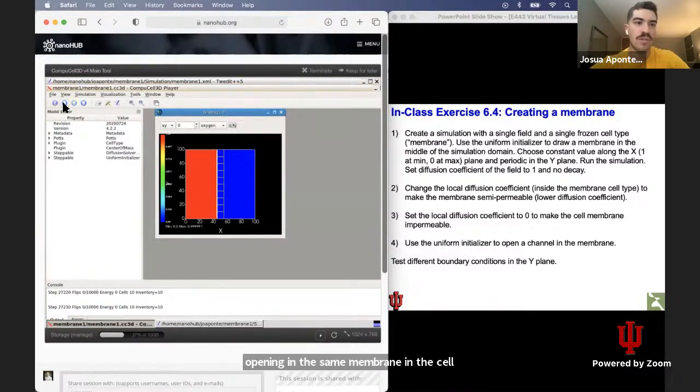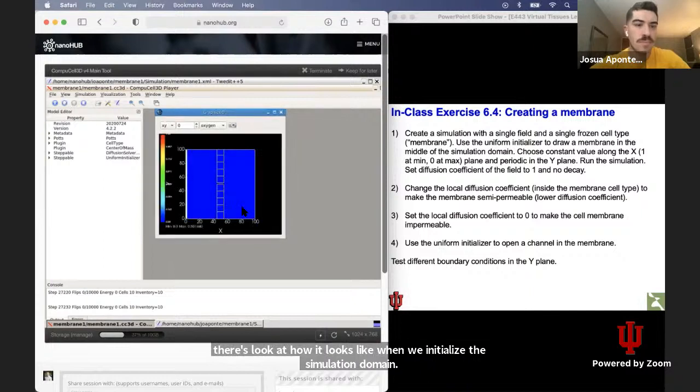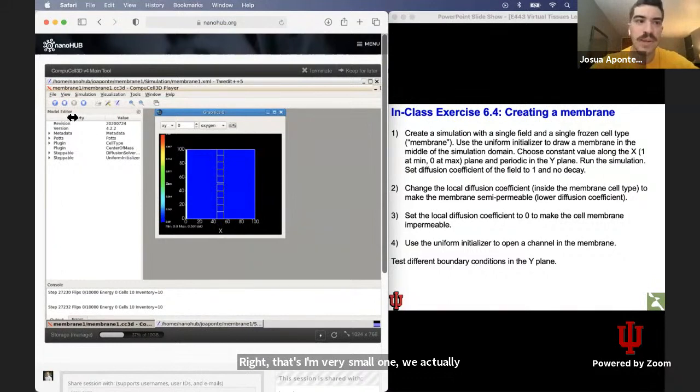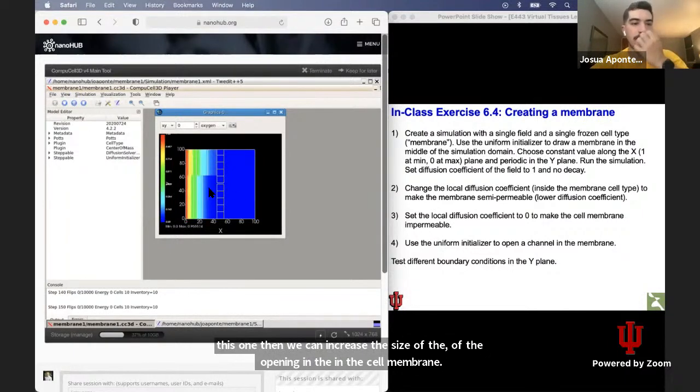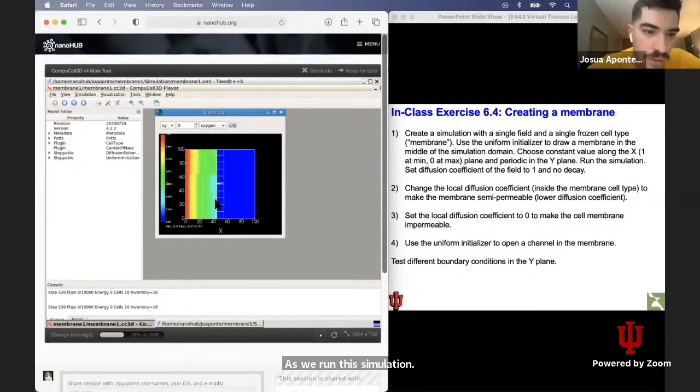And let's look at how it looks when we initialize the simulation domain. Right, that's a very small one. We can actually play with bigger ones, but we can test this one, and then we can increase the size of the opening in the cell membrane. As we run the simulation,